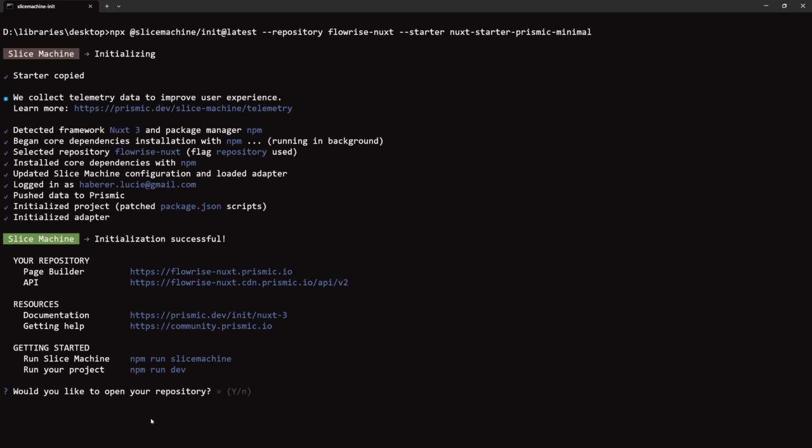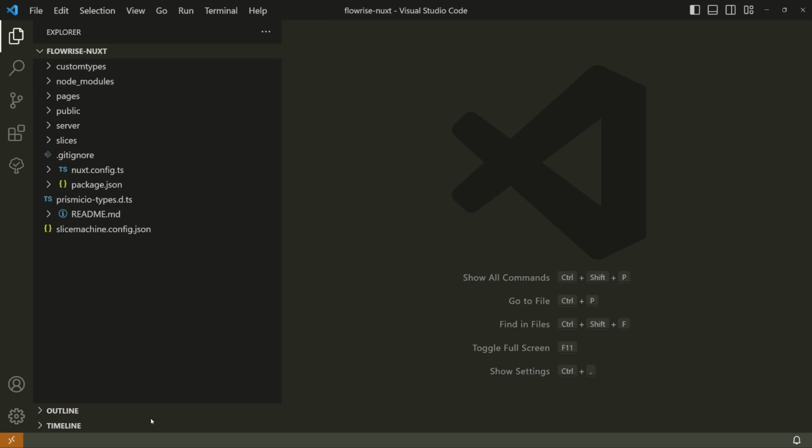So we don't want that today, so we just hit no. And then we can just get inside our project and open it inside VS Code with the code command. So, well, this is our project. Good. So if you're familiar with Nuxt 3 already, you'll be familiar with most of the directories and files that